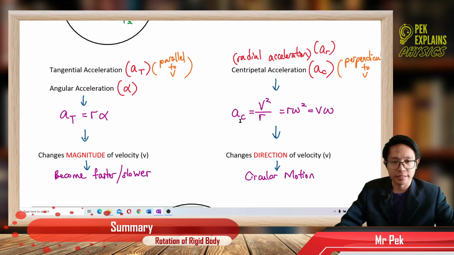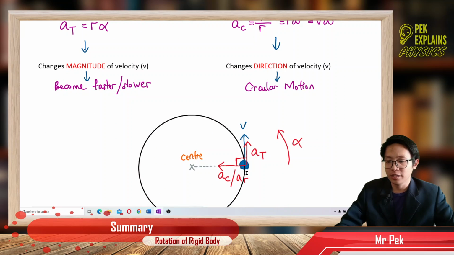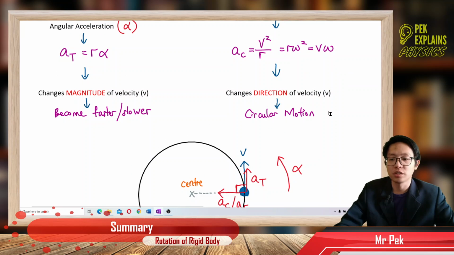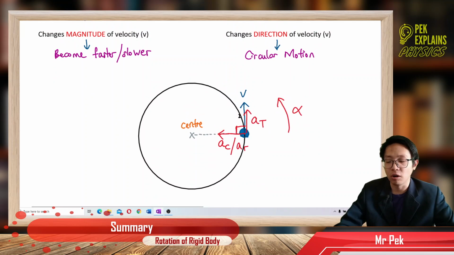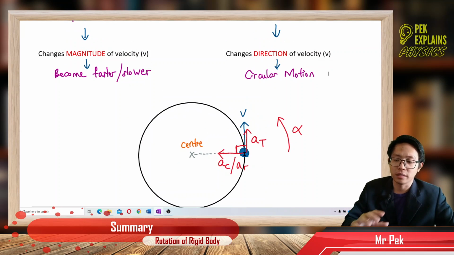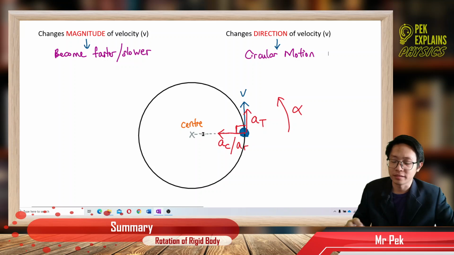Centripetal acceleration is perpendicular to the velocity, so it does not change the magnitude of velocity, but it changes the direction of velocity. It makes the object not move in a straight line, but in a circular motion. The centripetal acceleration directed to the center continuously changes the direction of velocity so that it bends,